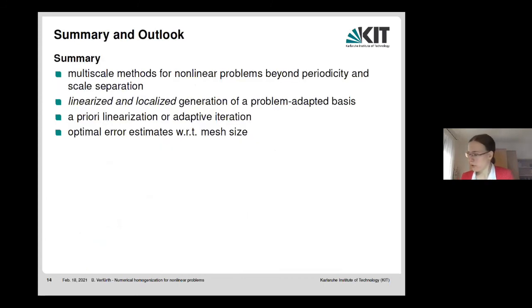So let me briefly, with respect to time, sum up. We presented methods for nonlinear problems that work beyond assumptions of periodicity and scale separation. It was important that we had a linearized and localized generation of a problem-adapted basis in both parts of this talk. In the first part, we looked at an a priori linearization. In the second part, we looked at an adaptive iteration. And in both parts, we obtained error estimates with respect to the mesh size, up to some quantifiable